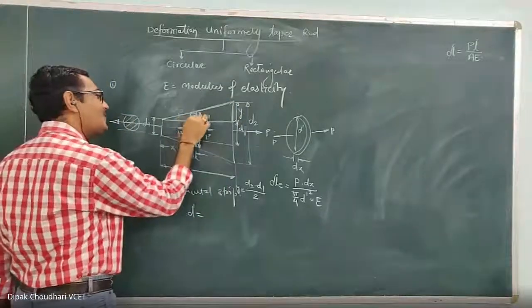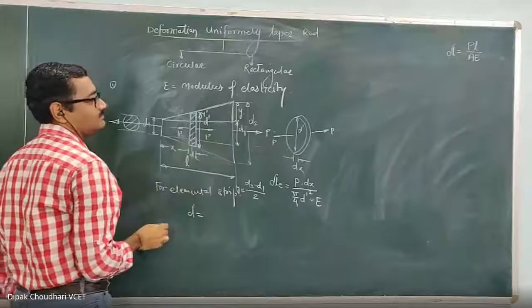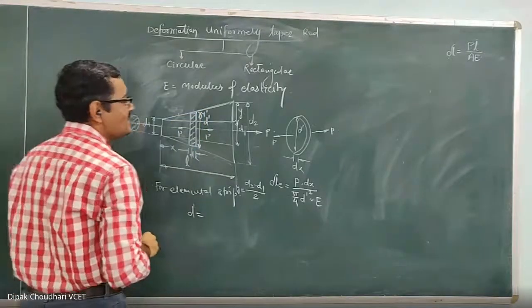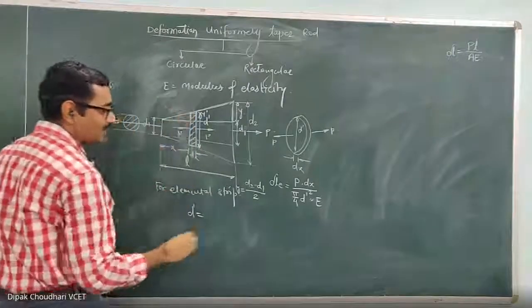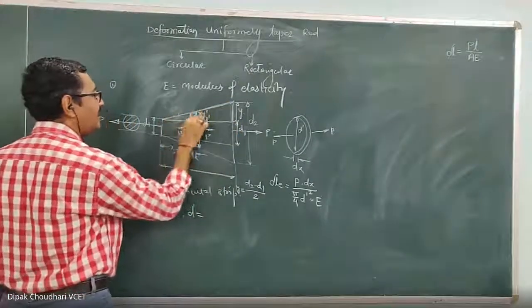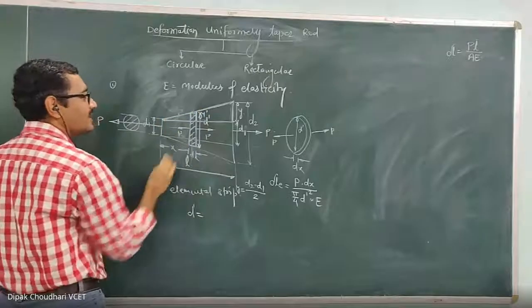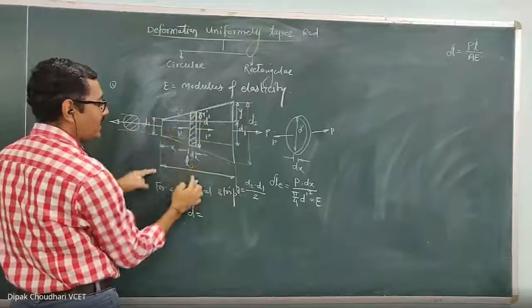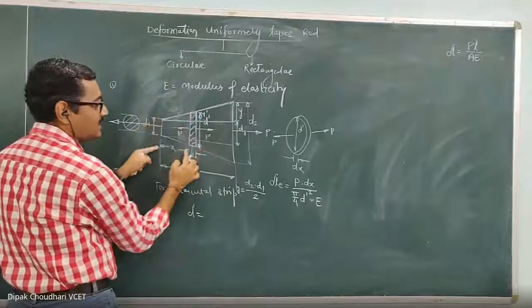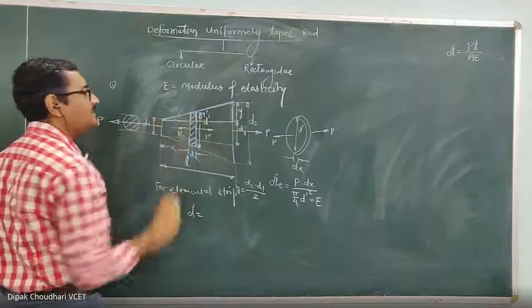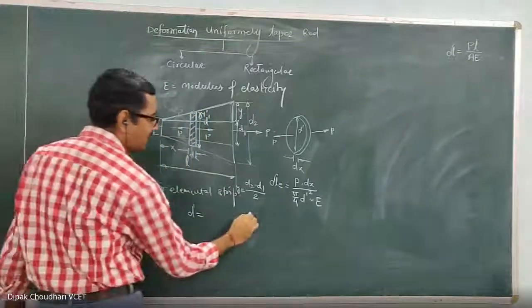Now I want to calculate this height, let this height be y dash. How can I get y dash? By using the property of similar triangles, in this bigger triangle and this smaller triangle. For the bigger triangle, the base is L and the height is y, and for the smaller triangle, the base is x, because this strip is at a distance of x from this point. So at a distance of x, the height is y dash.